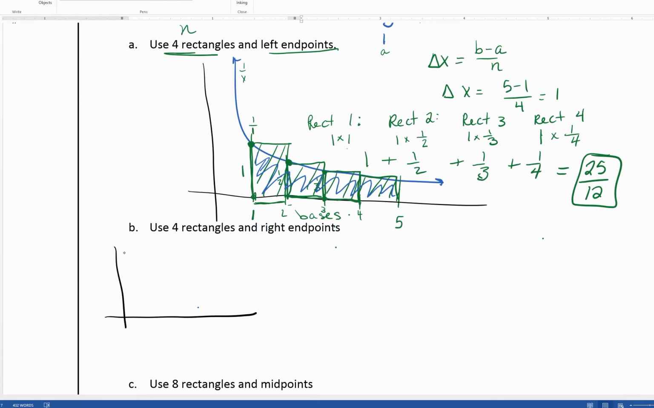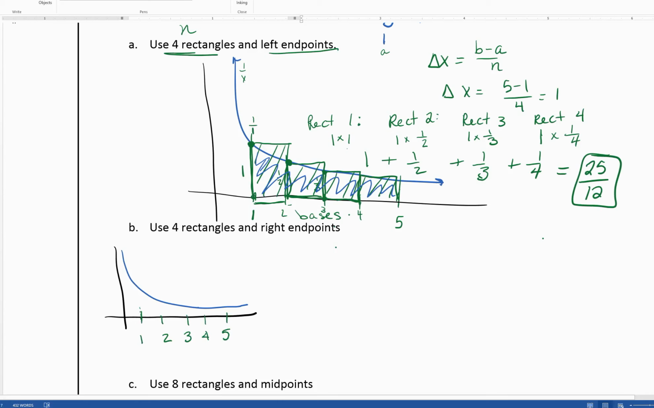So we still have our 1 over x, and we're still going from 1 to 5. And since it's still 4 rectangles, we would divide this up into 4, so we found that our delta x is 1. Now using right endpoints,